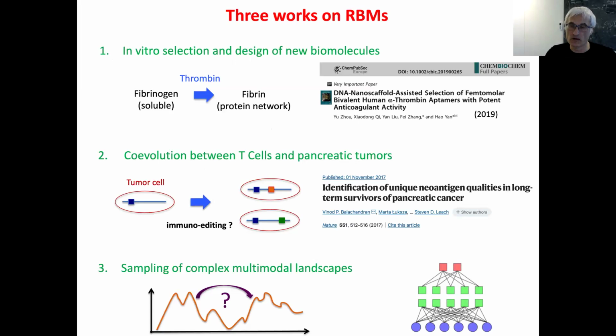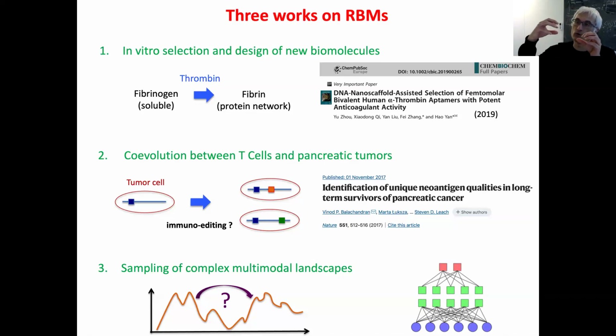So thrombin is an essential protein for the coagulation of blood. Thrombin can actually exist in two different forms. One is thrombin itself, which is soluble, and it can actually bind onto itself, and if you have a polymer of thrombin, then you get a fiber, which is at the basis of protein networks, very important for coagulation. So if you want to prevent blood from coagulating, then you have to prevent two thrombins from binding onto